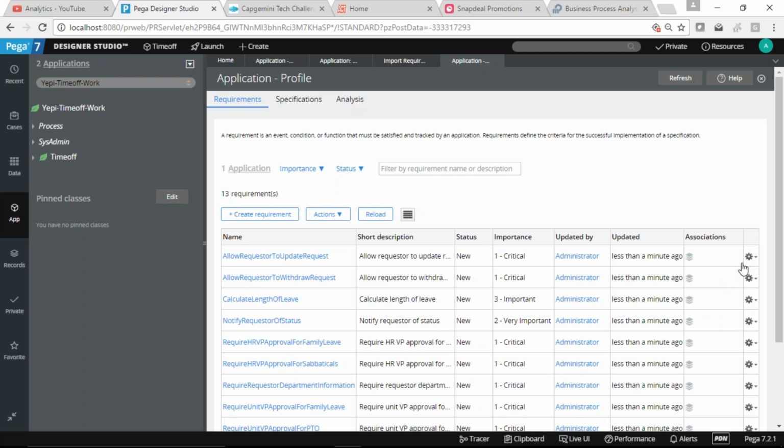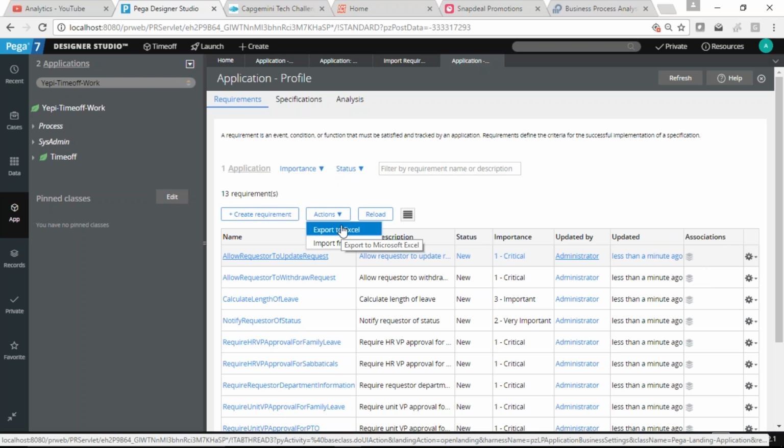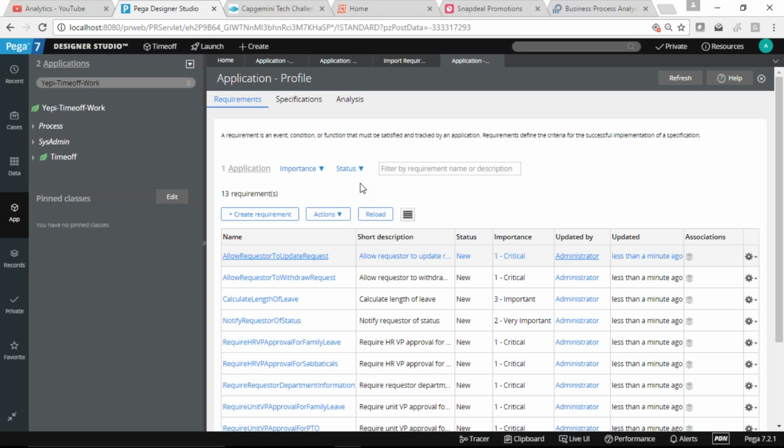If we want to withdraw, we can do that from here, and we can see whether any specifications are associated with this requirement. We can also filter based on importance or status, and if we want to export back to Excel, that can be done too. This is how we can update the requirements.